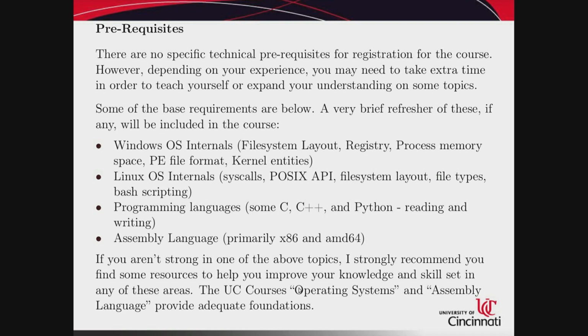So I put down here, UC offers an operating systems course, and I don't believe they call it assembly language anymore. I can't remember what they call it now. But there is an assembly language course as well. If you know both of those classes, then you have a great background or foundation for the class. However, if you haven't taken both or either of those, you can still be proficient in the class. You don't need to be an expert in all of that. Operating system scheduling algorithms aren't going to help you out a whole lot for the malware analysis class. You'll just have to make sure that you fill in the gaps that you don't have.